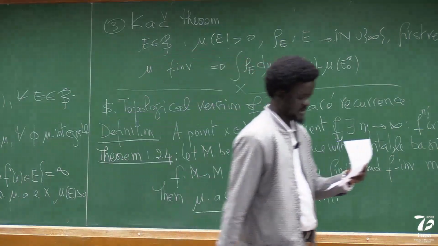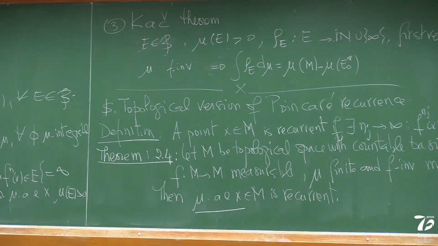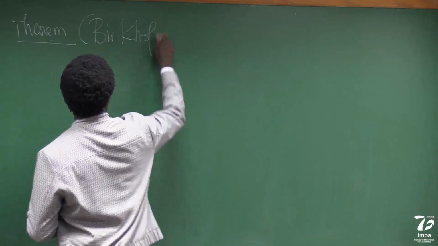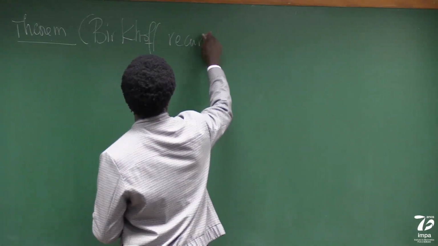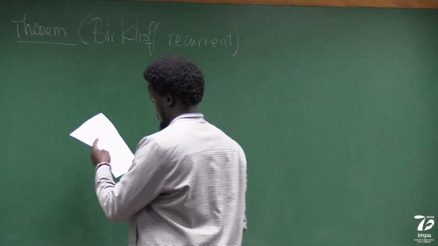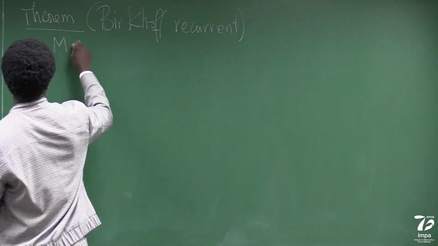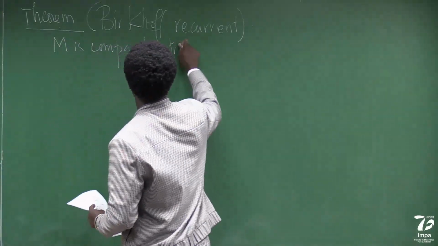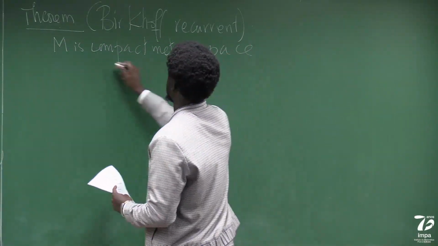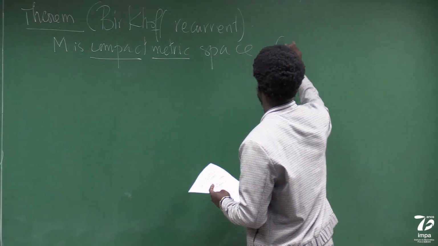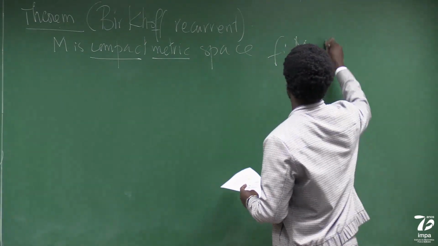Now, the Birkhoff recurrence theorem tells you that if you suppose that M is a compact metric space, so here you put structure, compact and metric, and also f from M to M continuous,